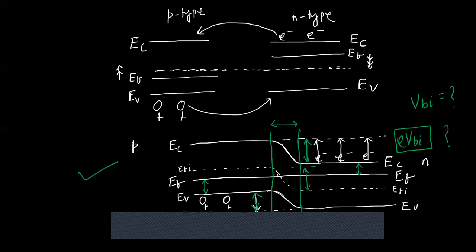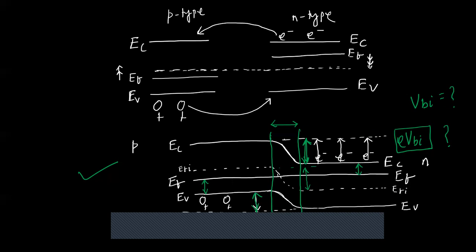So what we can say is the conduction and valence band energies must bend as we go through the space charge region, so that the Fermi energy level can be kept constant, because at a certain temperature, for the entire system the Fermi energy level has to be constant. So what is the next step? The next step is to measure this potential barrier that we wrote here, this green region. What is the amount of potential that will be faced by these electrons, or these majority charge carriers, to move? Or what is the potential step created?